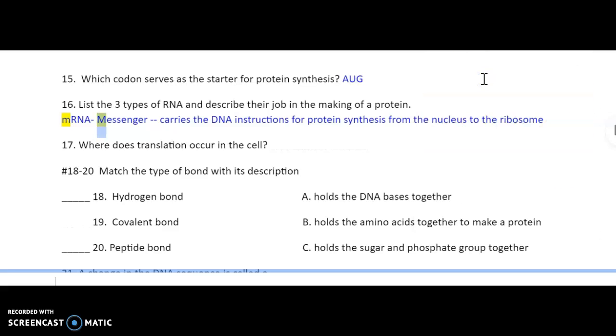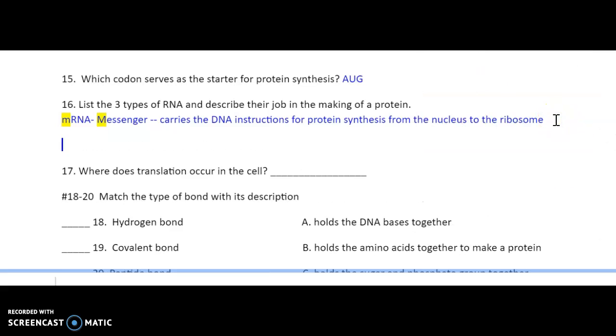Okay, then we had our tRNA. That's the transfer RNA, or I like to call it the tow truck RNA. And it picks up the amino acids